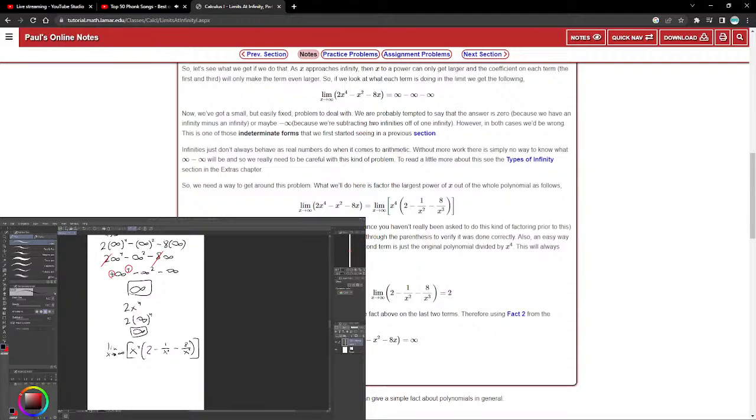If you're not sure you agree with the factoring above, there's a chance you haven't really been asked to do this kind of factoring prior to this. Then recall that to check, all you need to do is multiply the x to the power of 4 back through the parentheses to verify that it was done correctly. Also, an easy way to remember how to do this kind of factoring is to note that the second term is just the original polynomial divided by x to the power of 4. This will always work when factoring a power of x out of a polynomial. Now for each of the terms we have